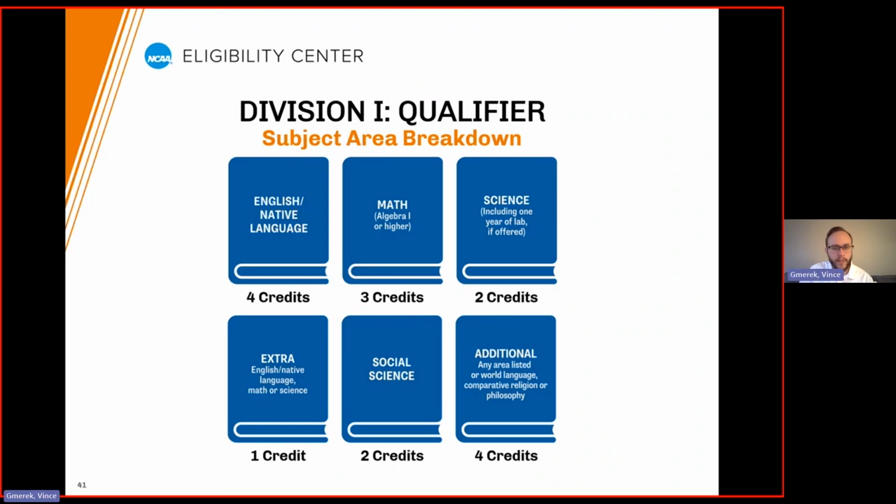So before I move off of this slide, I just want to give a basic example of how this might work for a standard international student. For example, if a student is in their home country, let's use France as an example. In France, the only native language that we have is French. So if a student is in France for 1 year and they take French language, English language, a math course, 1 science course, and 1 social science course like history or geography, we would then award them the following credit.